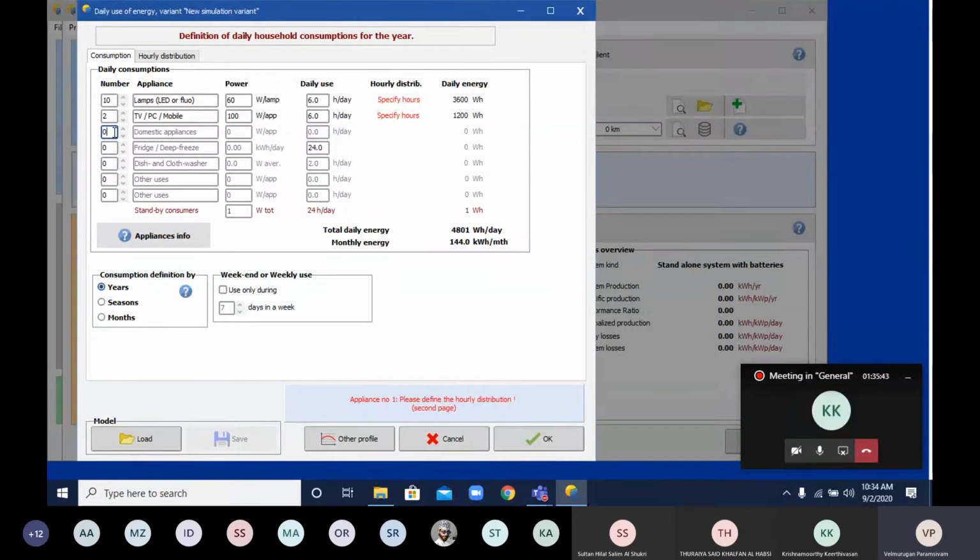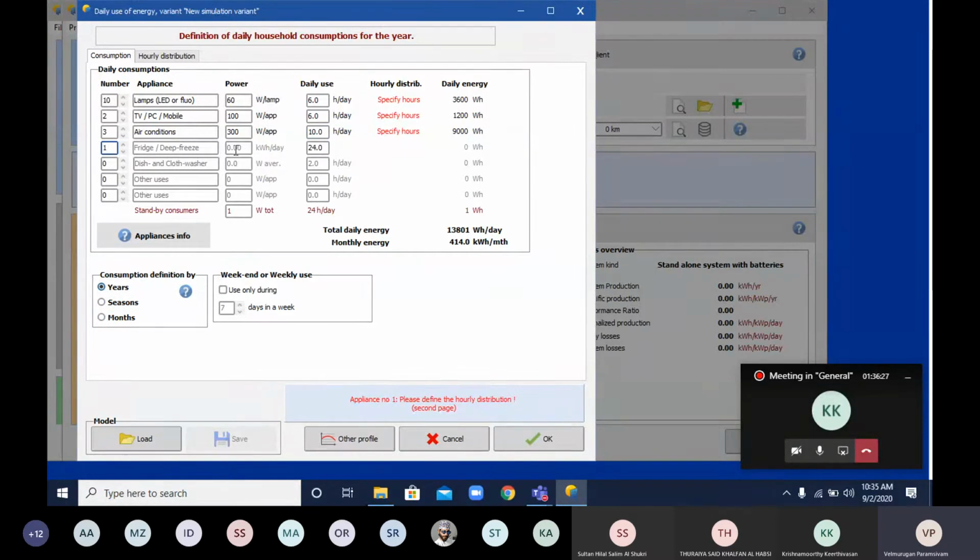Next, domestic application. Here I consider the air conditioner. Instead of domestic application, I am using air conditioner; if you want, you can change the name also. Probably minimum 3 ACs, and 1 AC comes to around 300 watts per application. Particularly in Muscat we use AC continuously, so we take around 10 hours per day, averagely.